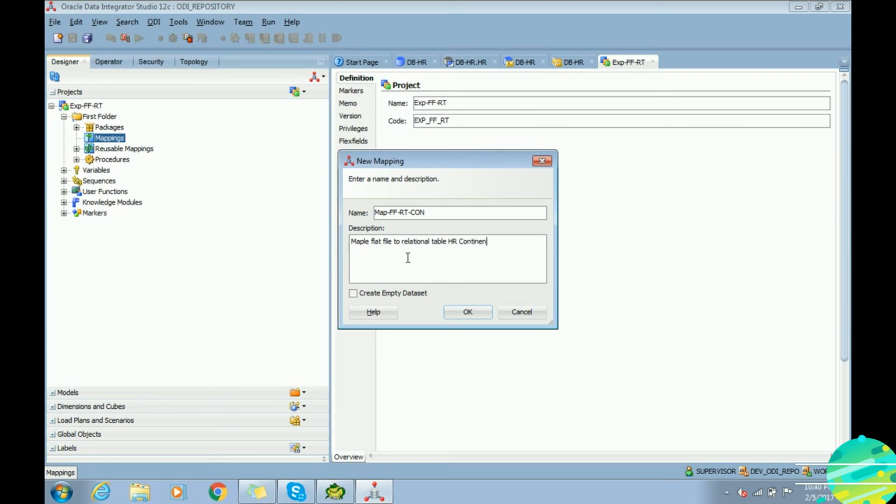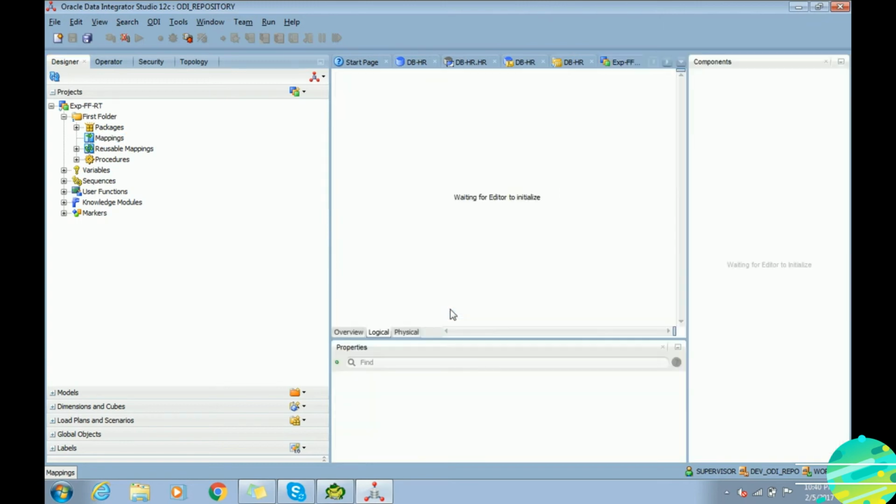Sorry for the typo here. It should be map flat file to relational table HR continent, but the description is up to us. We can give any description.